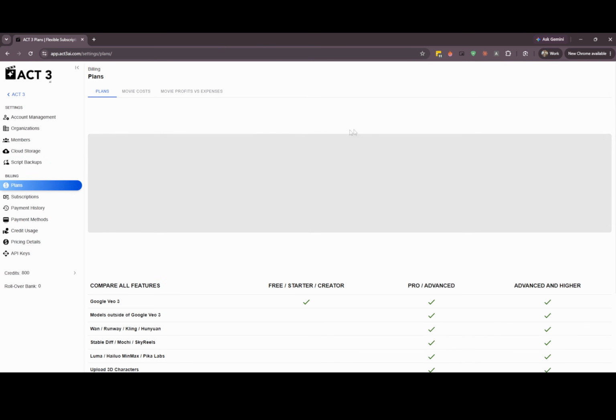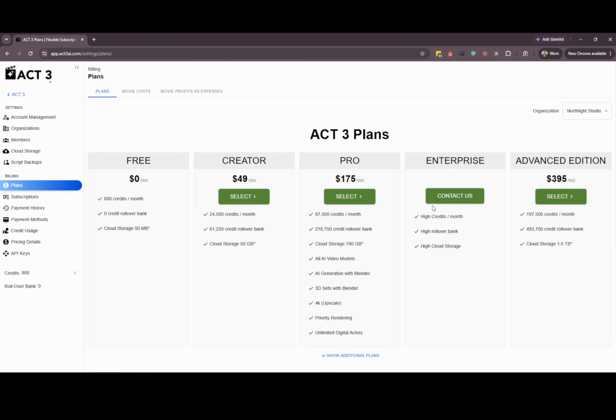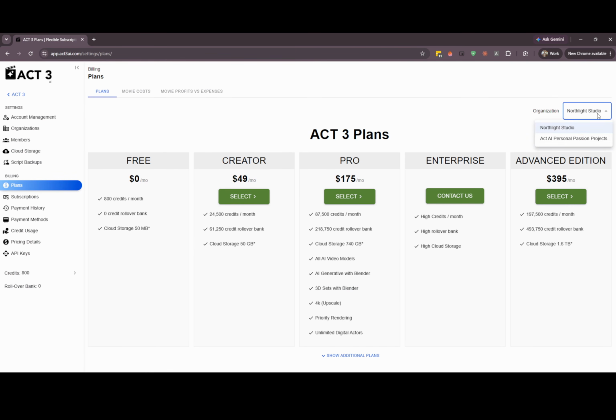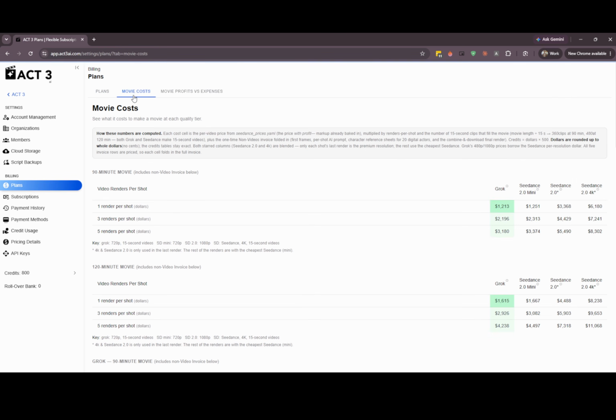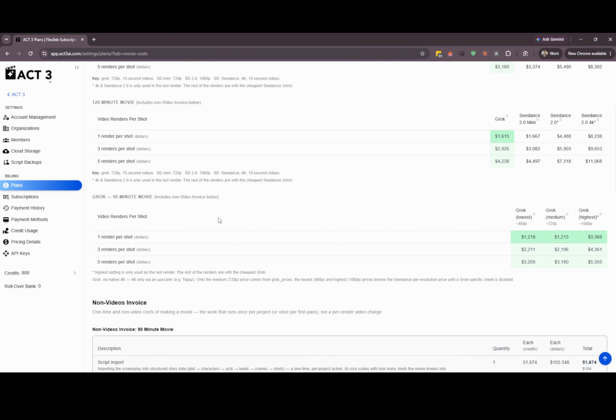Next is Plans. This page shows the subscription plan selected for the current organization. If the organization has not purchased a plan, it will show that no plan is selected. In this example, one organization has a Pro plan priced at $175, while another organization does not have an active plan. The Movie Cost section provides a detailed cost breakdown based on factors such as video duration and the AI